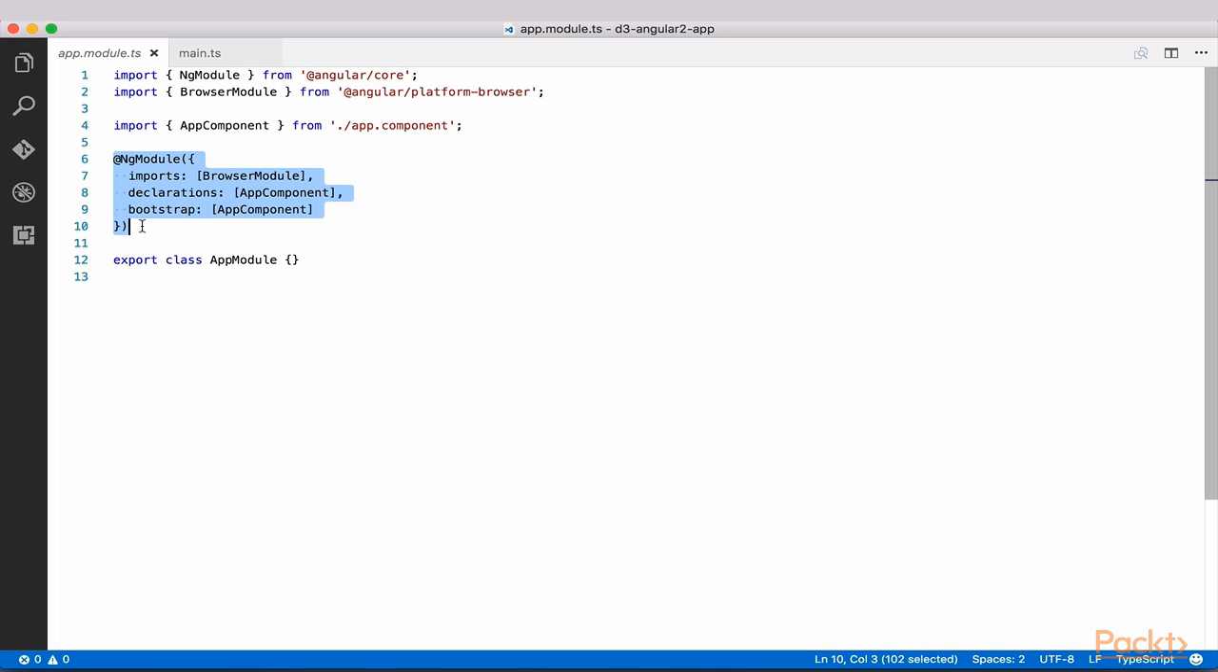This modular approach allows us to easily break our applications up into logical pieces, group shared functionality, components, directives, and pipes, and to easily share these modules with different parts of our app. Now that we have an understanding of modules,